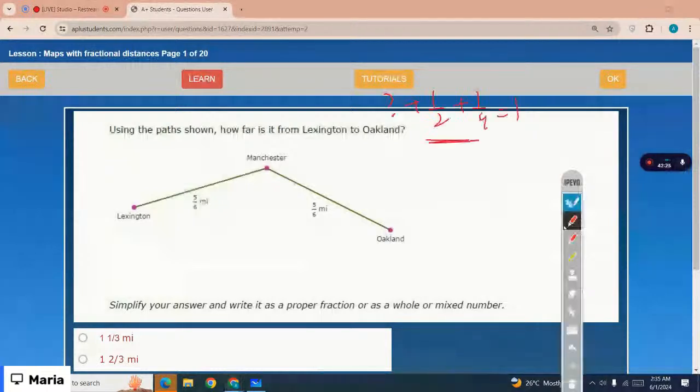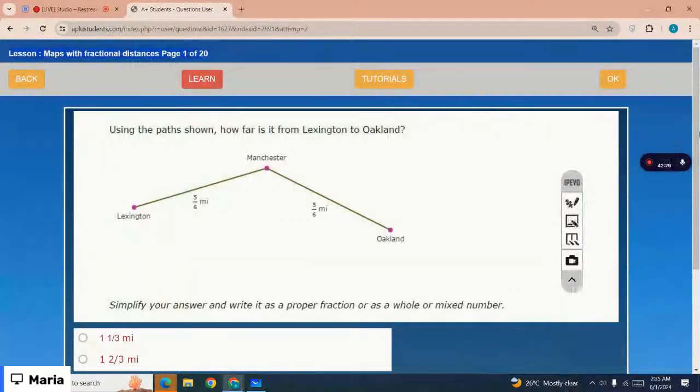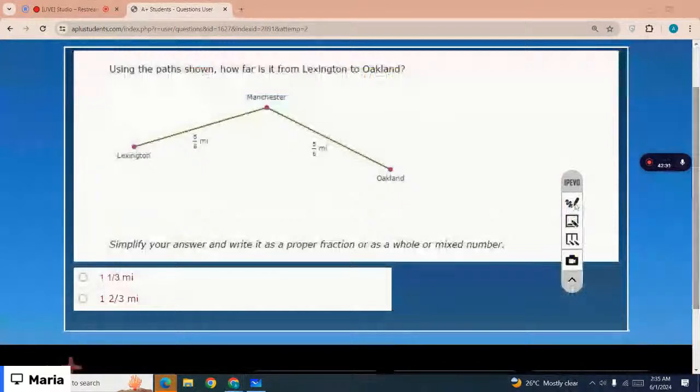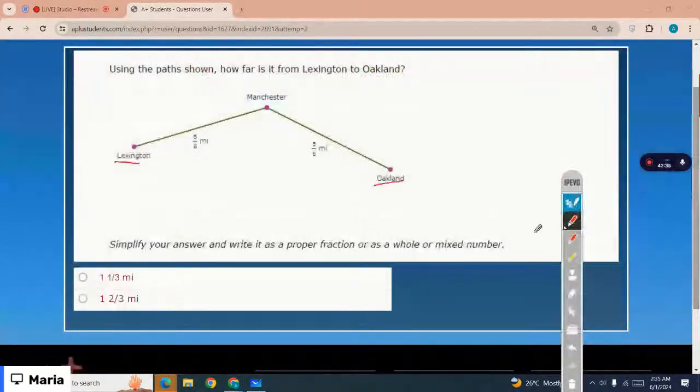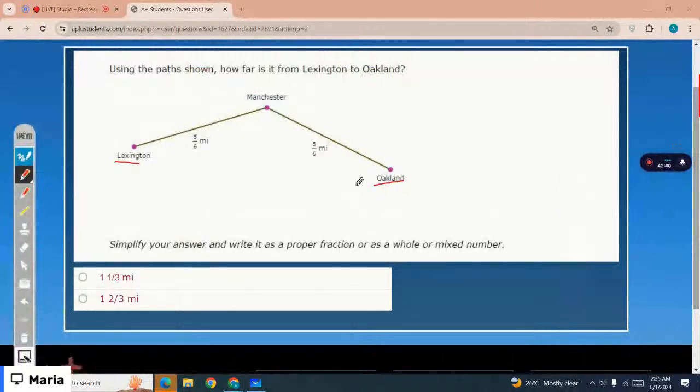You have to calculate the complete distance, right? The complete distance from here to here, right? So to add the given two distances, that is 5 by 6 and 5 by 6. So you have to add, that would be 10 over 6, right? Because their denominator is same. So when you divide by the common factor,